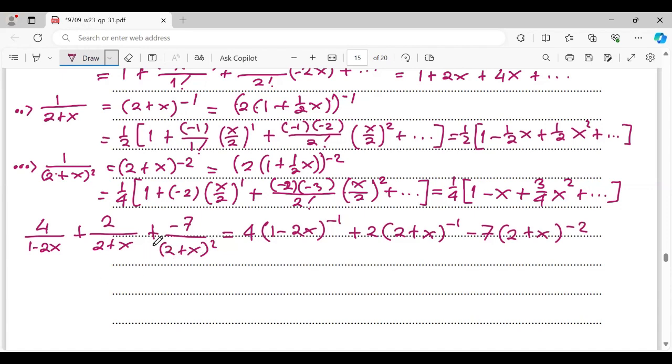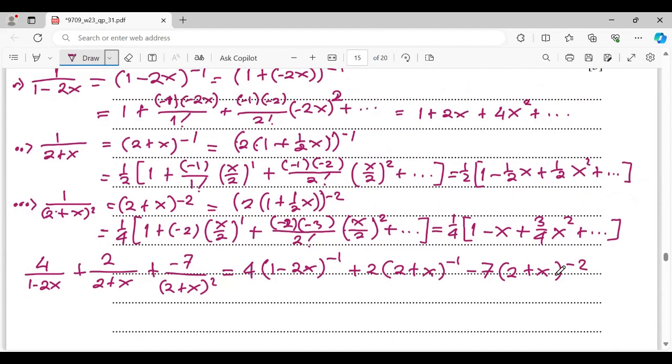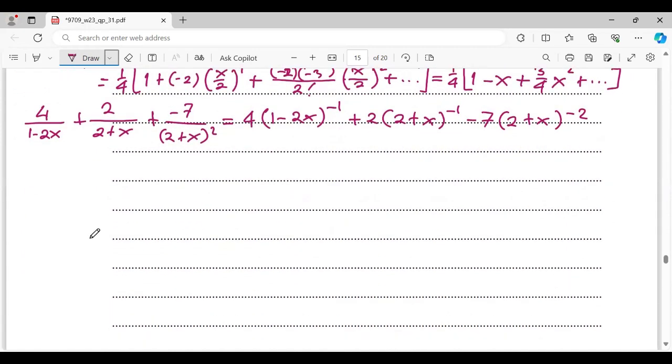So according to our expansion, 1, 2, 3, I'm going to write down like this, becomes 4 times expansion of this part, 4 times